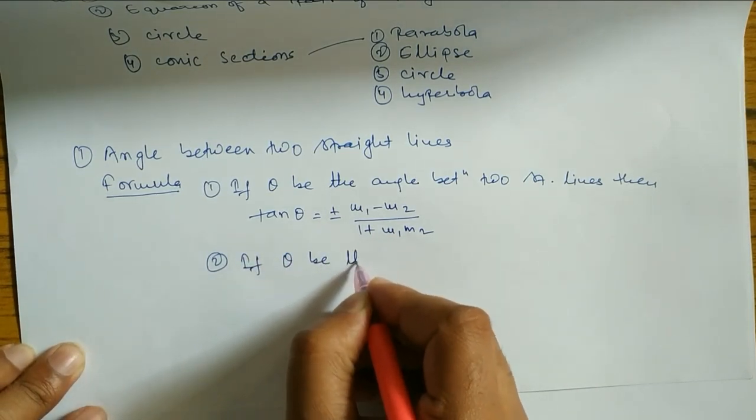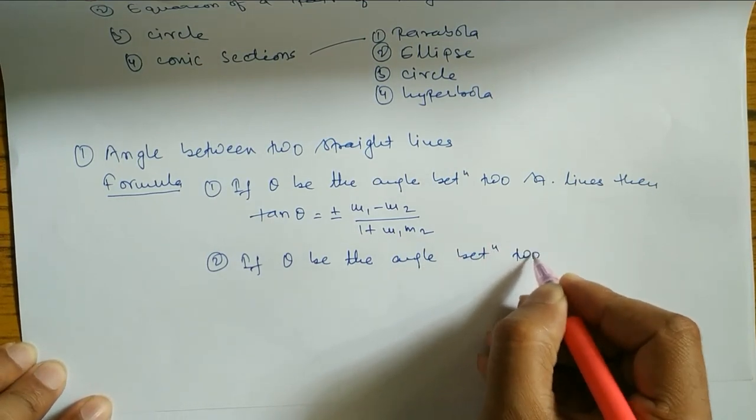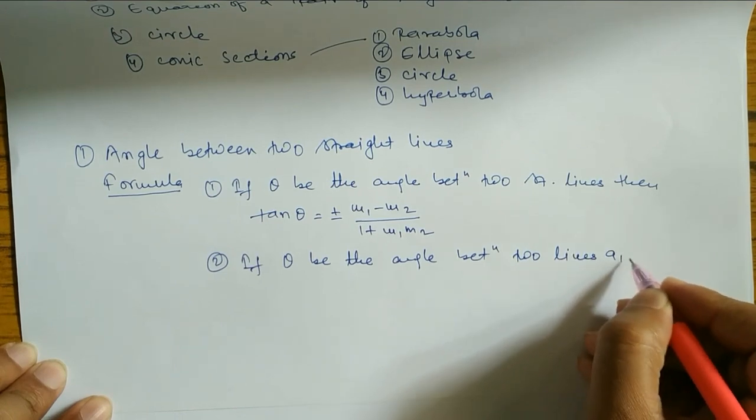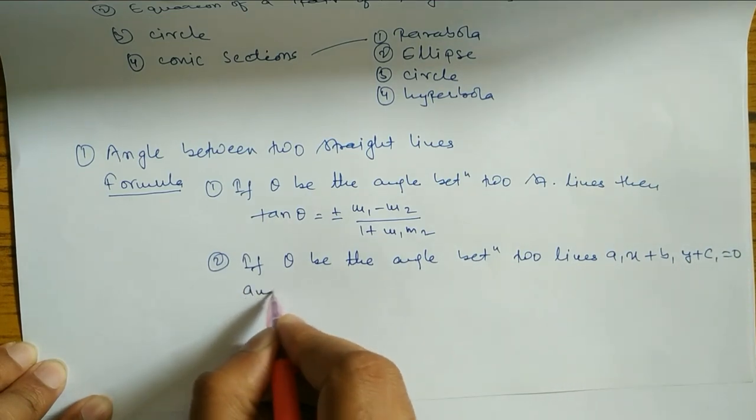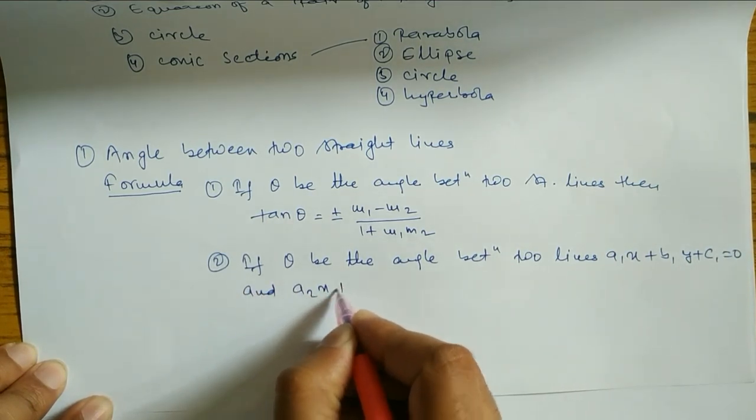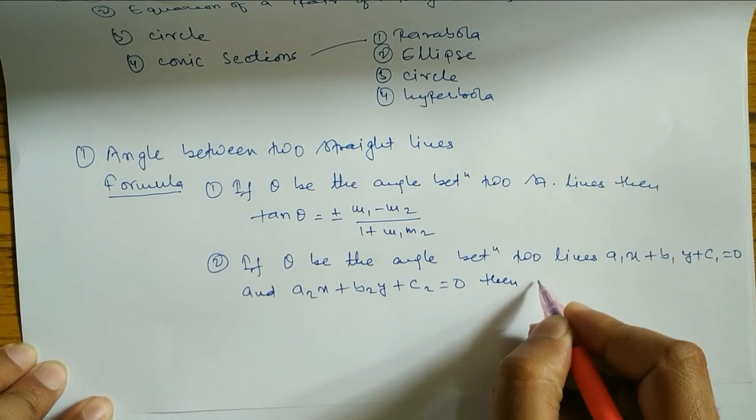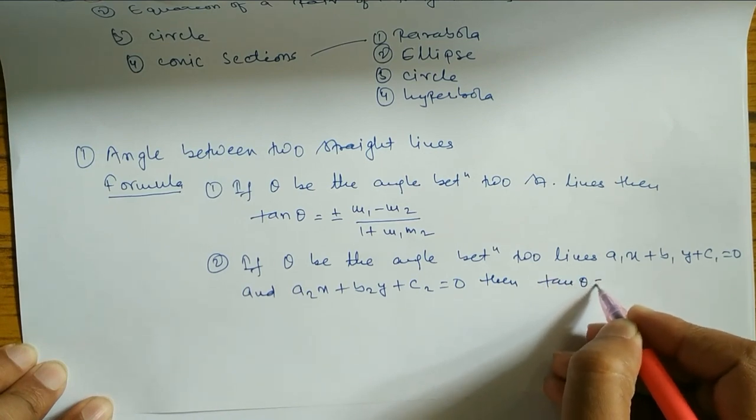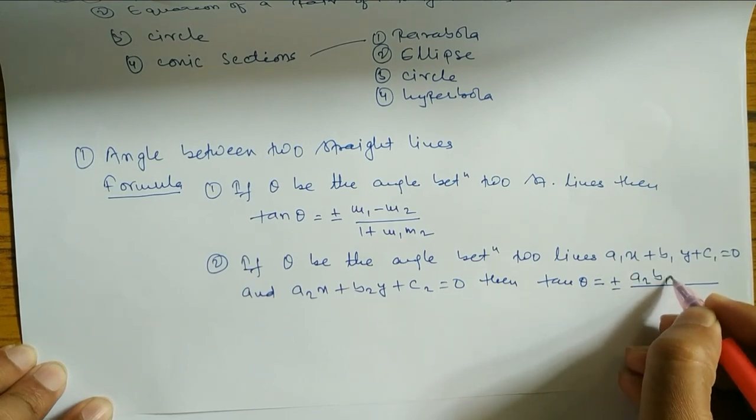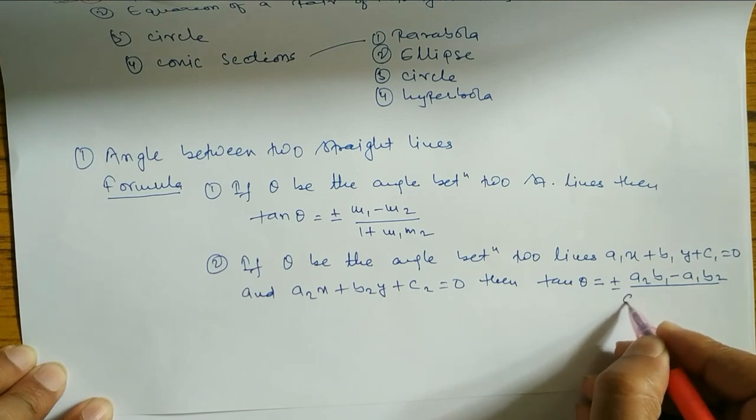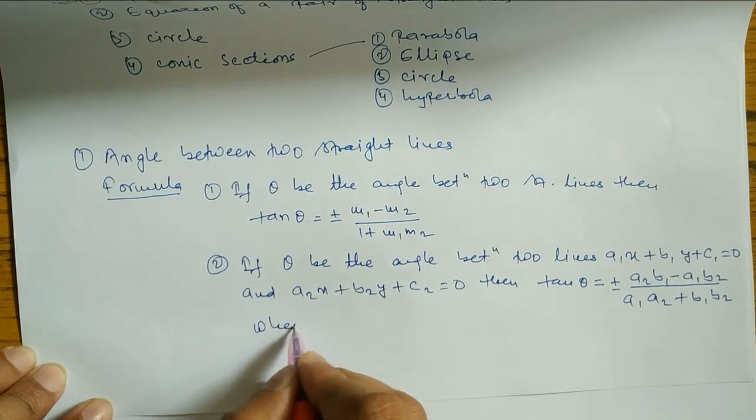If theta be the angle between 2 lines, a1x plus b1y plus c1 is equal to 0 and a2x plus b2y plus c2 is equal to 0, then tan theta is equal to plus minus (a2 b1 minus a1 b2) by (a1 a2 plus b1 b2), where